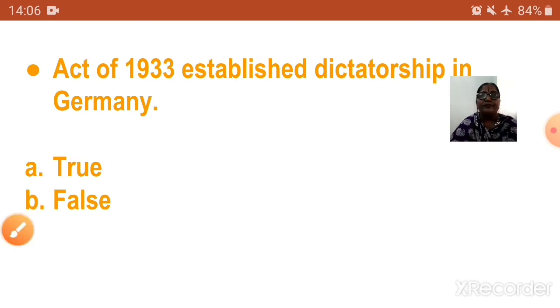So children, we have done a few objective type questions which can be asked in different forms in your exams for 1 mark. To attempt such questions or even to answer the brief questions, you got to be thorough with your lesson. Read it, understand it, underline the important points, important events, dates, jot it down. And you'll be able to attempt any type of questions.